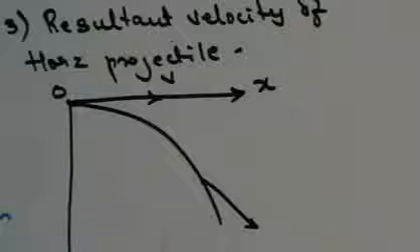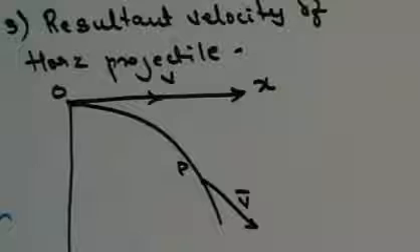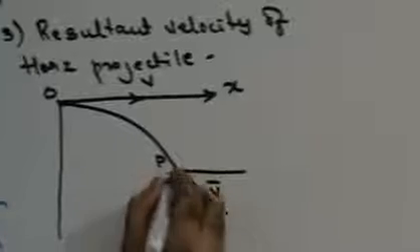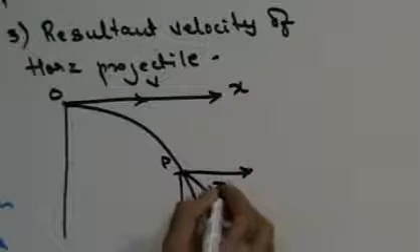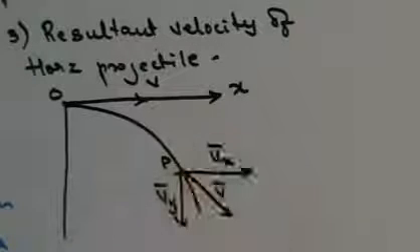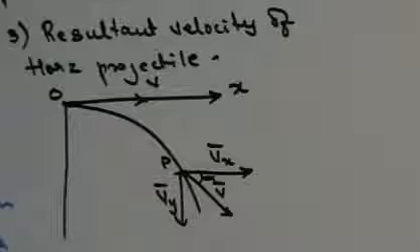At point P, since it is moving in a particular direction, it is going to have some velocity. Velocity is a vector quantity. Let us assume that at point P the velocity is v vector. Since it is a vector, it can be resolved into two components, one along horizontal, one along vertical. We have learned this in scalars and vectors. They are going to be called Vx and Vy. Any velocity can be resolved into two directions. Let us assume that the velocity makes an angle of alpha with the horizontal. Let's write this much down first.